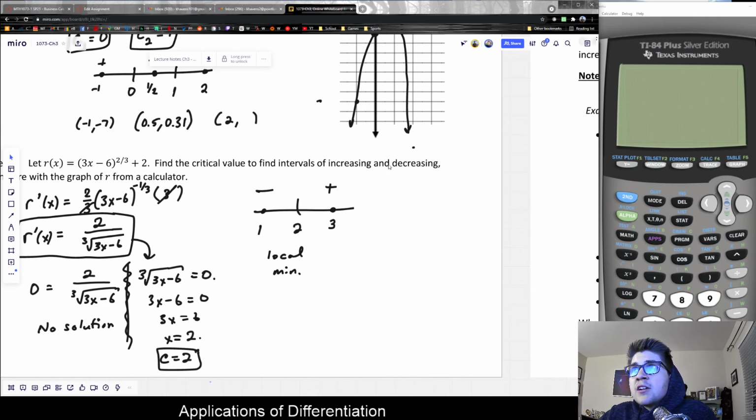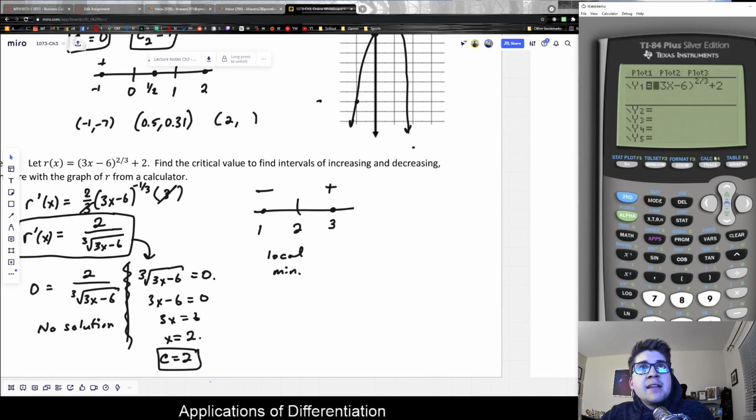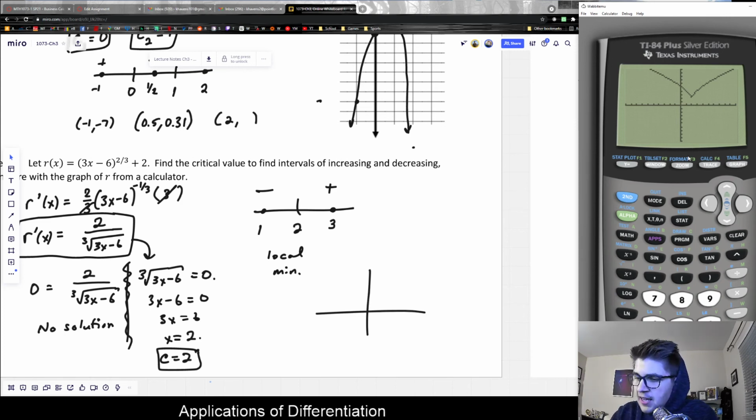again, if we wanted to know the intervals of increasing and decreasing, it would be determined by those. So we know it's going to be decreasing to the left of 2, and it's going to be increasing to the right of 2. And if we go ahead and type it in and check out what a graph of this function looks like, this is a fairly cool looking graph. If you've never seen what a 2/3 power looks like before, it sort of looks like a double rainbow type of deal. But notice that there is a critical value happening right there at x is equal to 2,